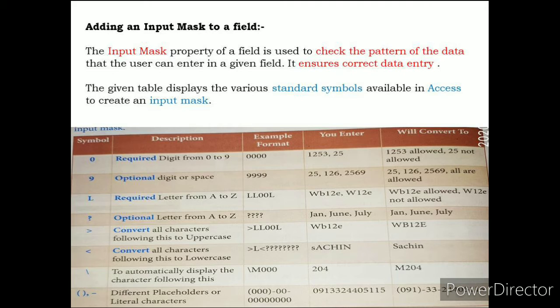For example, when putting a phone number, there is the area code you have to denote. So 000 in braces, after that a dash, and so on. When the user enters data in the regular format, it will be converted into the format you have denoted.